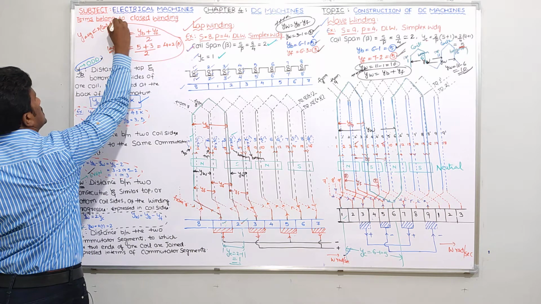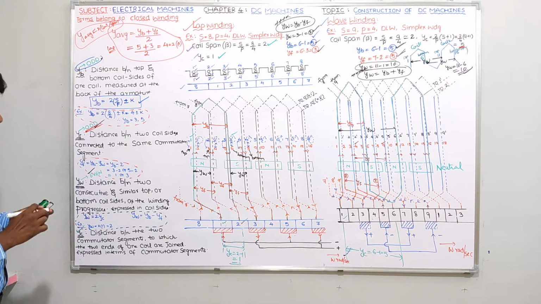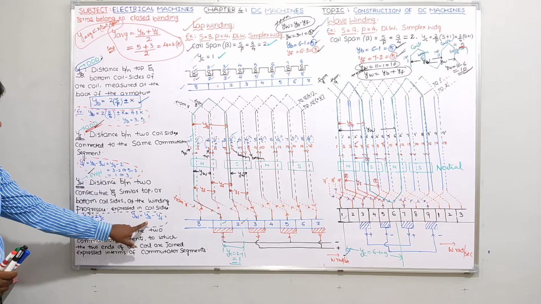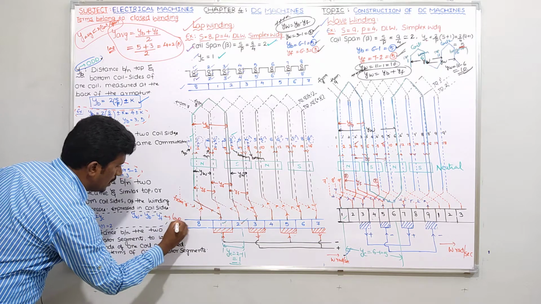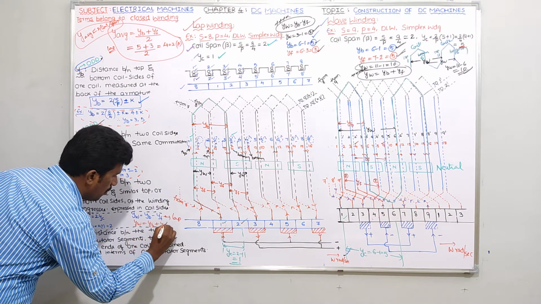2 times of coil span, I can say. Okay, yeah, right. Now guys, if you see this one also I have given clearly here. Winding pitch is winding pitch. For winding pitch, one more formula is there. Winding pitch means I told you YB minus YF for lap. For lap it is YB minus YF. YW is equal to YB plus YF for wave.